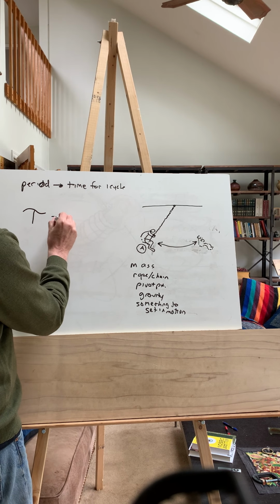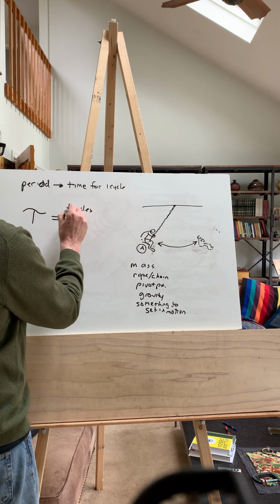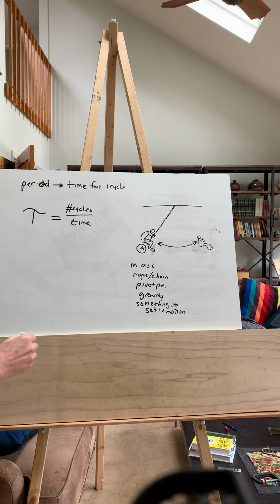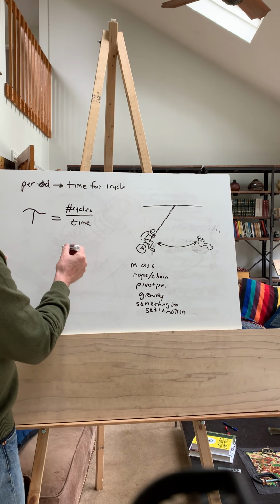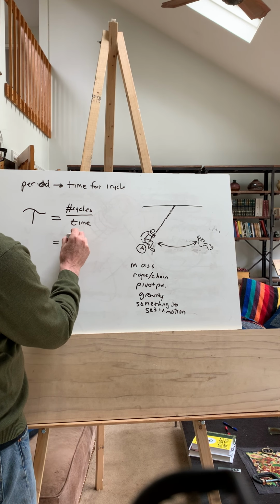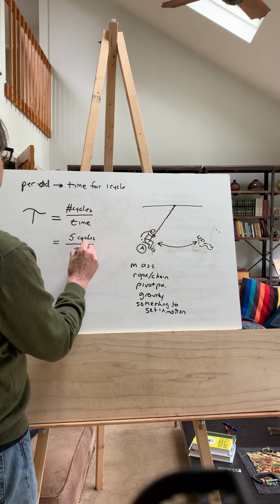And tau equals the number of cycles divided by the time. And so, for example, if we observed something to go through 5 cycles in 10 seconds,